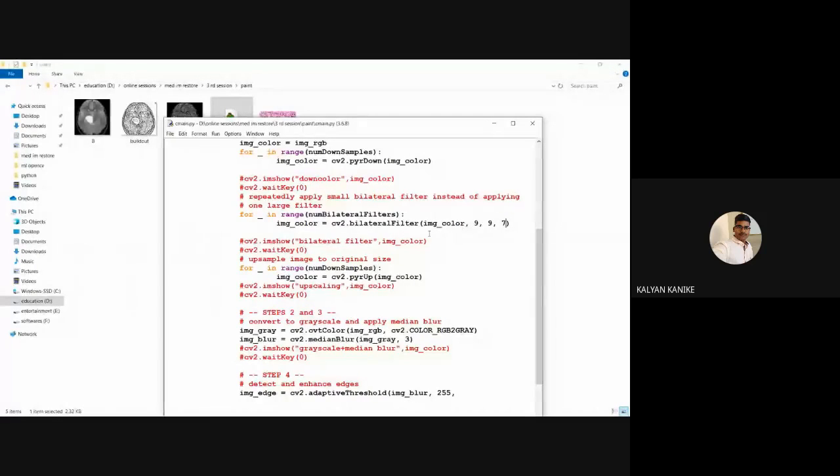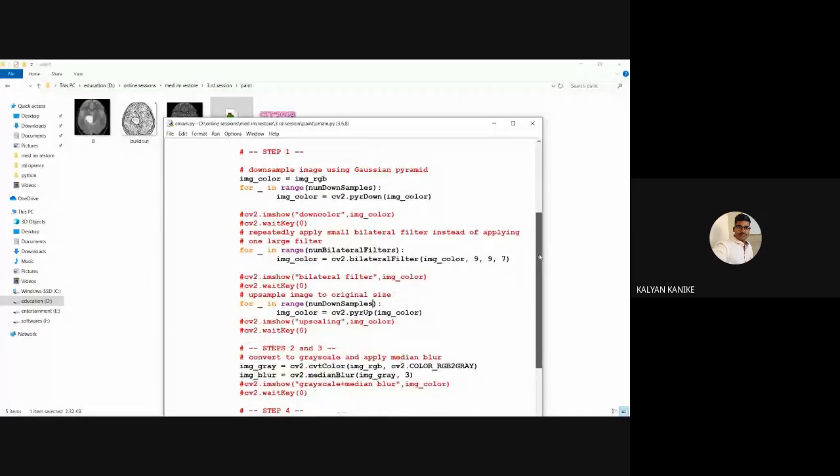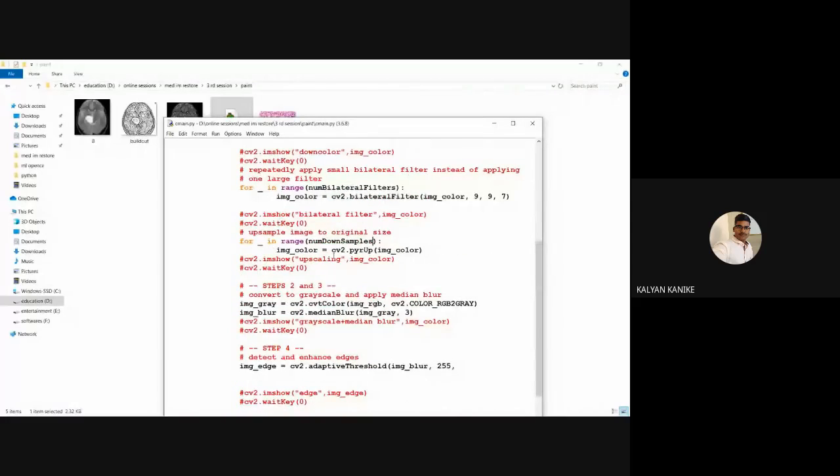Next, the down samples information is a numerical value. We are going to take that information from pyramid up.